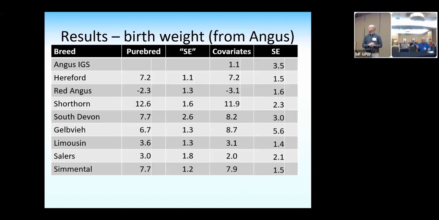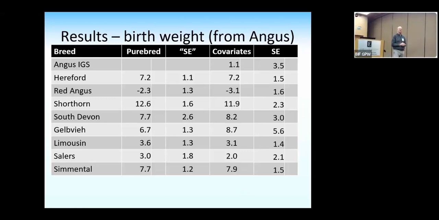I'd say there's a little bit of noise, but definitely within these standard errors. I included Hereford in there so that I can just say I'm doing the right thing, because Hereford really didn't make a very big contribution to those IGS, and I want to make sure my solution stays the same relative to Angus. It does. So let's just put a benchmark in there. And then the others, I expected them, if anything, to deviate a little further in their difference from Angus than what they did before, because they're being allowed to be expressed relative to the Angus proportion most of them have in there. Does that make sense?